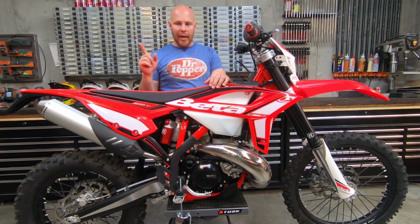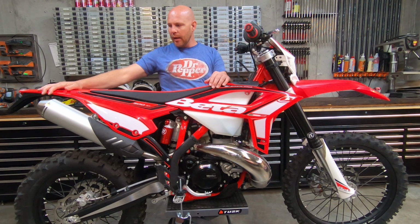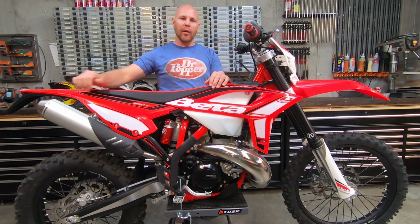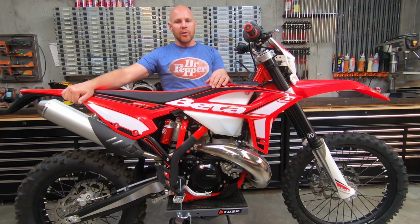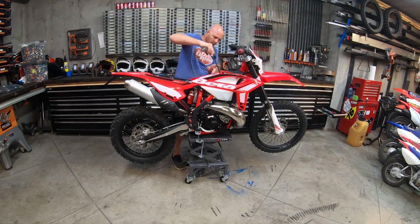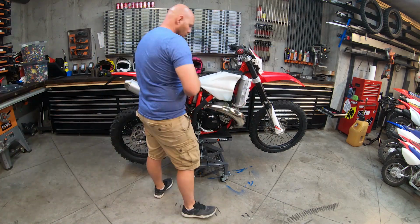But before I do ride it, I want to change out a bunch of parts, just so that I can ride it and enjoy riding it without worrying about messing it up. So let's do it. So I'm replacing the seat and the plastics and the exhaust on this before I ride